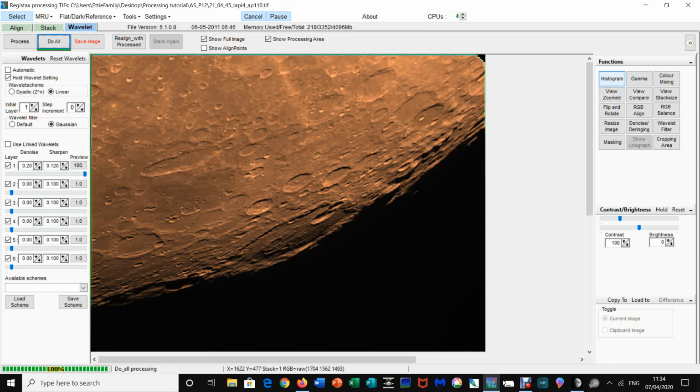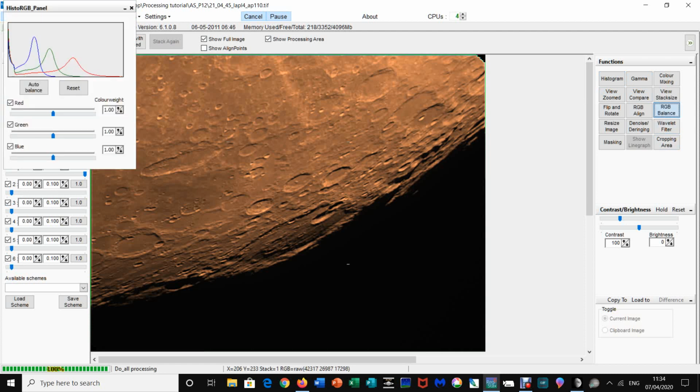What I'm going to do now is go into RGB Balance, and you can see, because of the IR pass filter, we've got a fair discrepancy. Now you can go in and do an automated RGB align, but I found the results aren't always that clever. It's probably better to just tweak the alignment